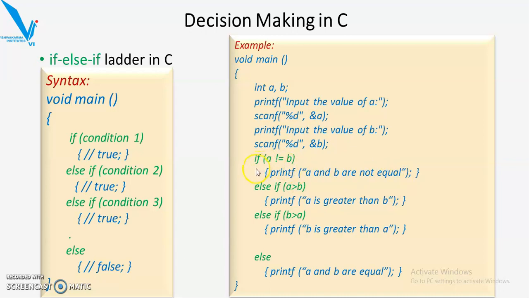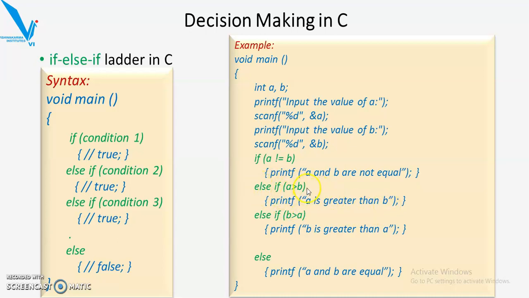Again we ask another condition by else if, whether A is greater than B. If A is greater than B, then it will print that A is greater than B.